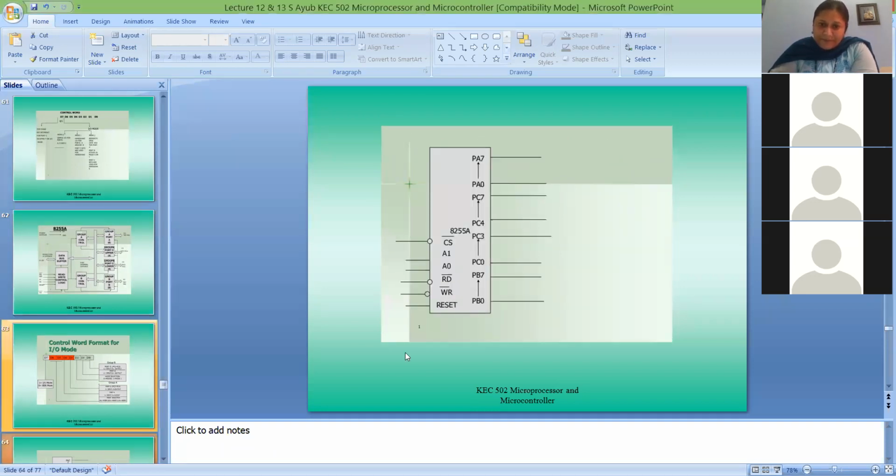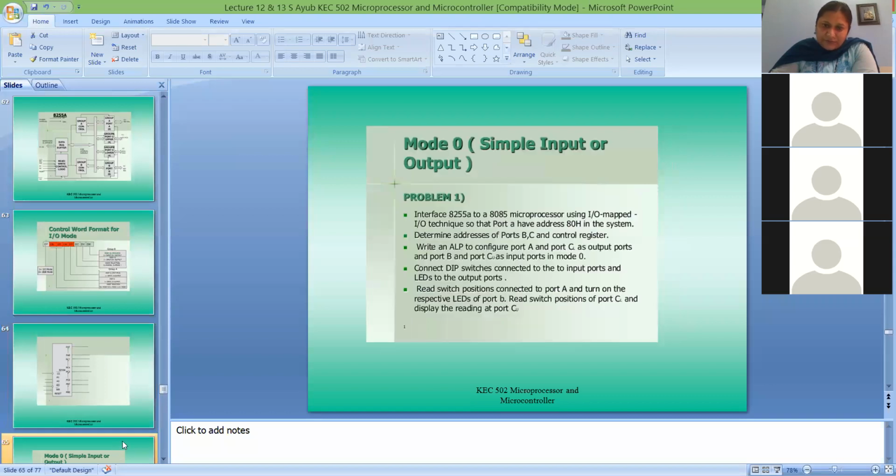So this is just a small schematic. You have port A, from A0 to A7, 8 pins. Port C lower, that is PC0 to PC3. Port C upper, that is PC4 to PC7. Port B, that is PB0 to PB7. Chip select should be low to access this particular 8255, and the combination of addresses will be given with the A0 and A1 pins coming from the 8085 after demultiplexing, along with the read bar, write bar and reset signals.